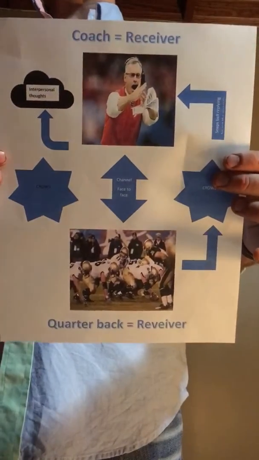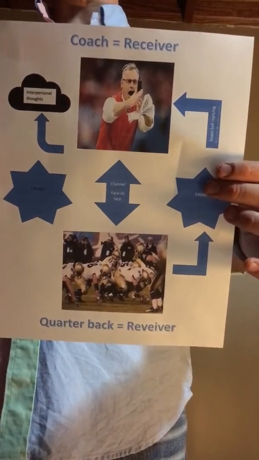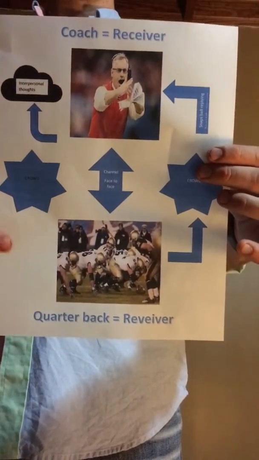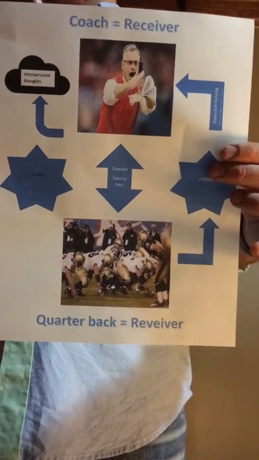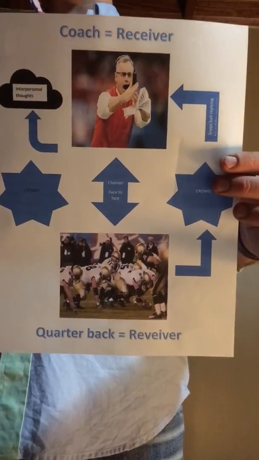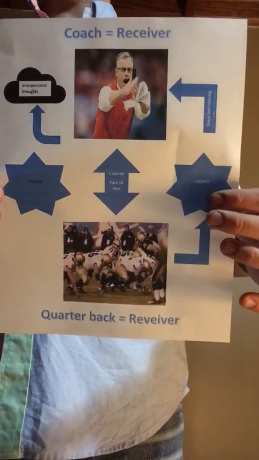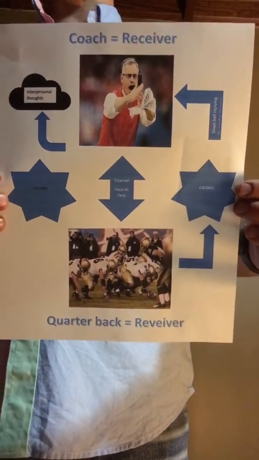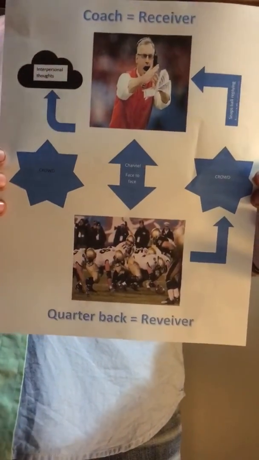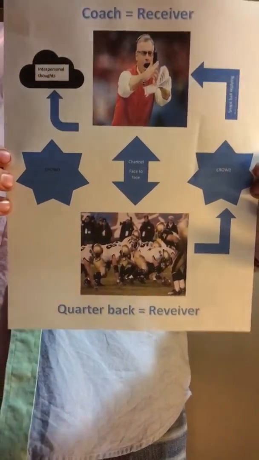The coach's message is then sent through a channel that may be face-to-face or through the microphone in the quarterback's helmet. The receiver is the quarterback that then relays the message to the offensive line that's on the bottom of the page to coordinate the play. The quarterback then starts the play, sending an unspoken message that is on the right side of the paper back to the coach, letting him know that he received the message. Throughout this communication, there will be noise from the crowd that might be an interference with the communication process.